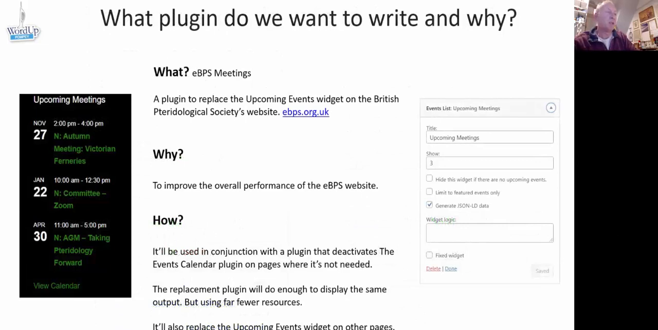So we want to write a plugin. Which plugin do we want to write and why? Andrew? Oh, where am I? Okay,